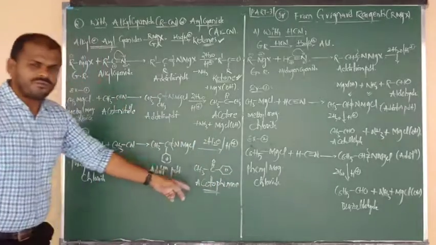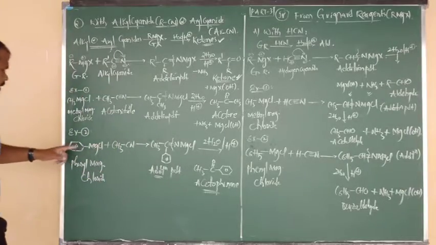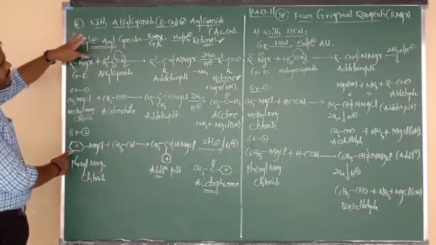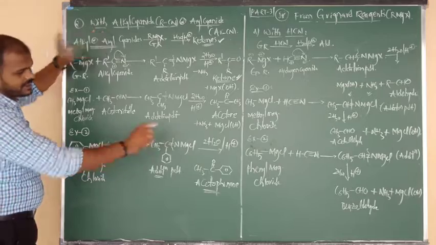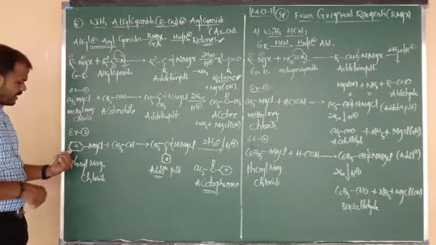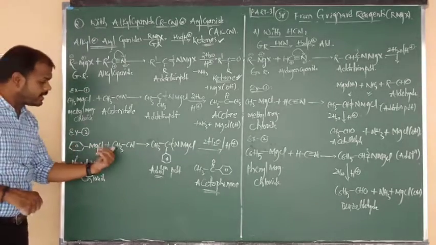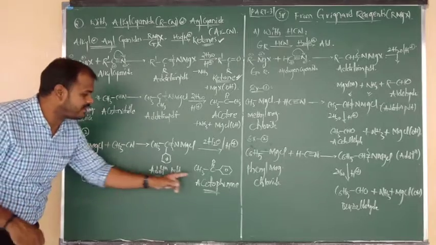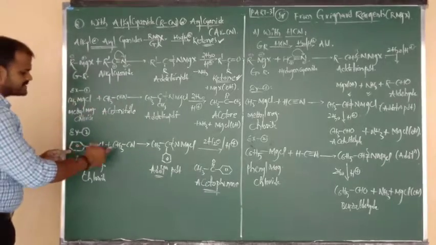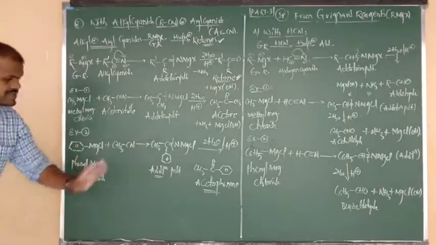So acetophenone we can prepare in two ways. R replaced by benzene, R replaced by CH3, we will get acetophenone. You can also reverse it. In place of benzene we can write methyl, in place of methyl we can write benzene. That is nothing but acetophenone. R replaced by CH3, CH3 replaced by benzene, both can be used.